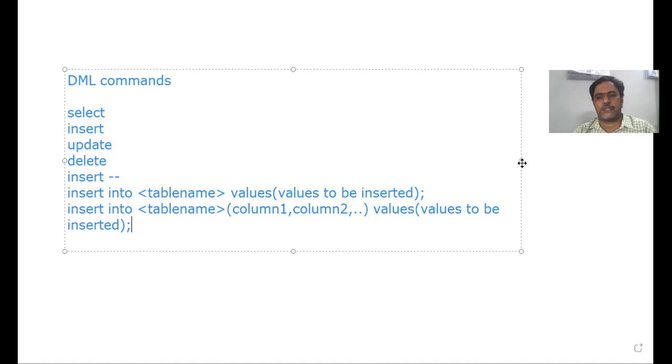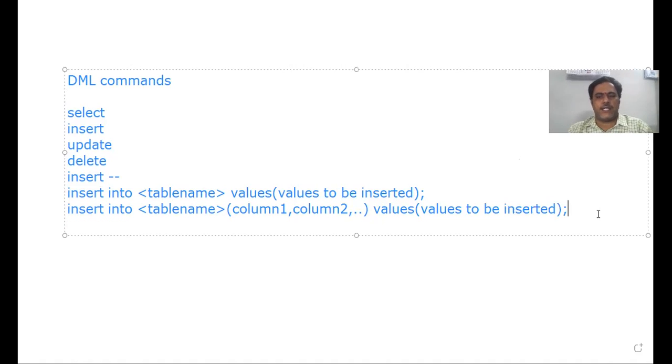So these are the two types of syntaxes that we can use in the insert command. With the first syntax, we can insert the information of the complete record into the table.